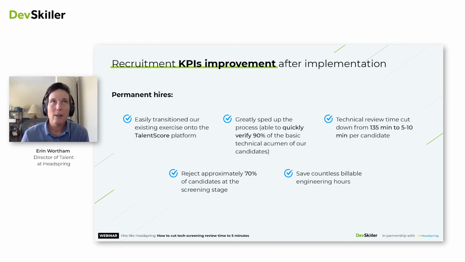And what I love about that, and what you said, Ryan, is that automation enables us to focus more on the soft skills, but also on some of the finer details of their code and architecture and how they organize their code and the cleanliness of it. And that, for me, is worth our engineers' time to spend those 5 to 10 minutes per candidate there and let the tool do the heavy lifting. Looking at the rejection stat that you mentioned, Ryan, today we've rejected around 70% of candidates at that initial DevSkiller stage,